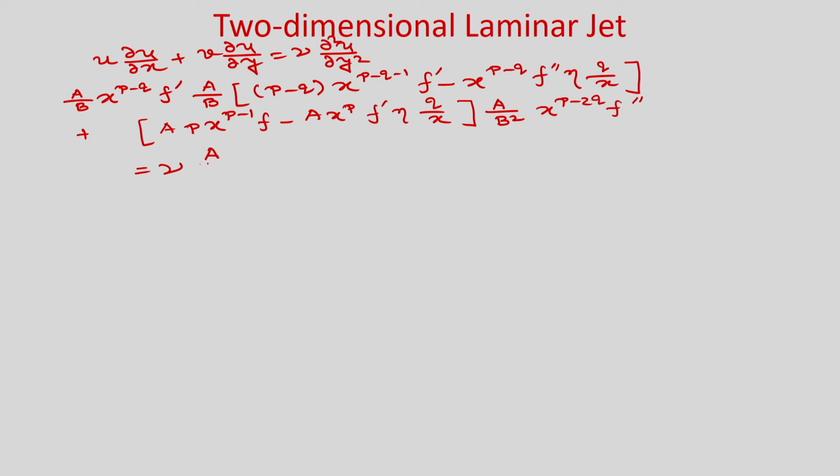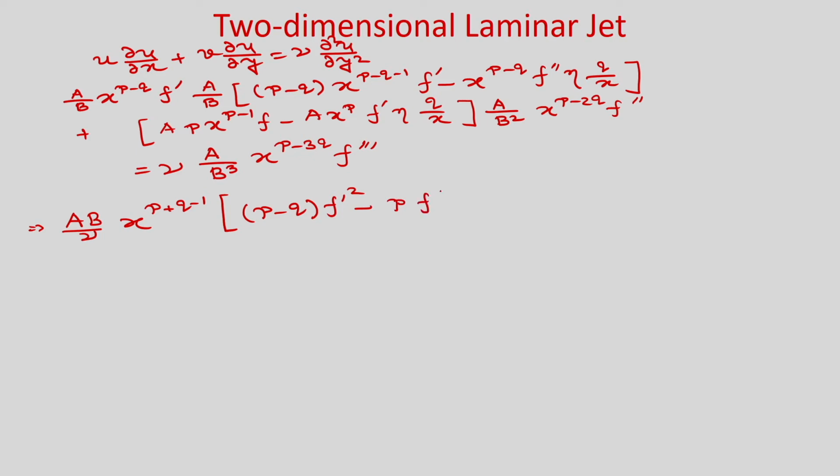So, it will be a b by b cube x to the power p minus 3 q f triple prime. If you simplify it, you will get a b by nu x to the power p plus q minus 1 p minus q f prime square minus p f f double prime is equal to f triple prime. So, if you see this equation, we use the self similar solution and we assume that self similar solution